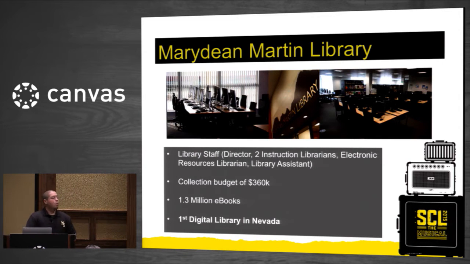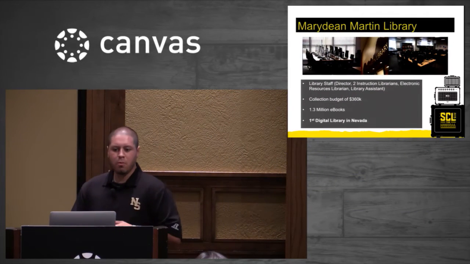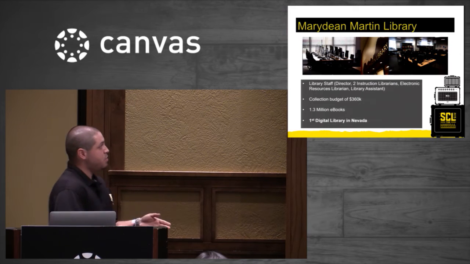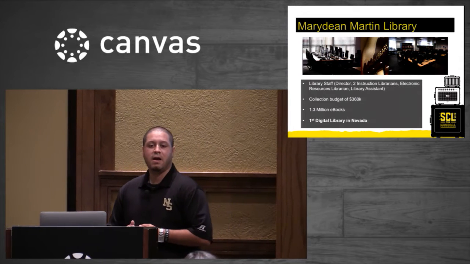We have over 1.3 million ebooks. And one thing I forgot to note at NSC is we're getting 2 new buildings, and in one of those buildings we're going to get a new library, and we're moving in next month. I don't have the square footage, but to kind of put this 1.3 million ebooks into perspective, that collection, if it were a physical collection, would fill up both buildings, top to bottom. Each building, I believe, is 3 floors. So we have a large digital subscription. And with this new library, we're going to be the first digital library in Nevada.